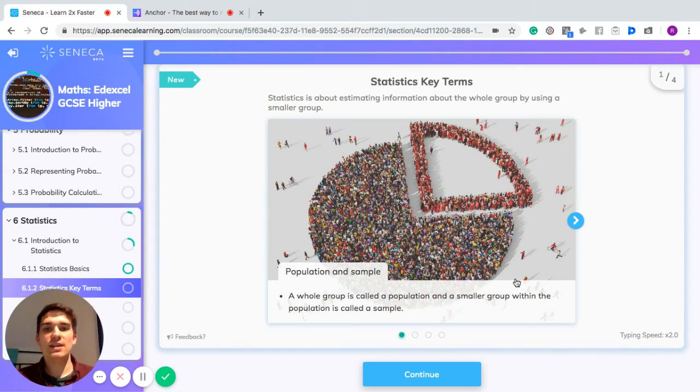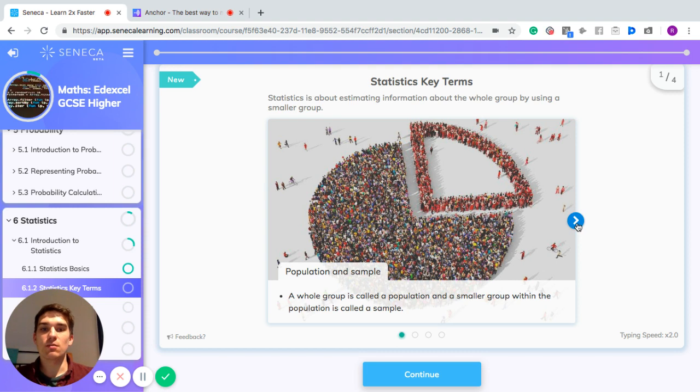Let's have a look at some key terms that you need to know about statistics. Statistics is about estimating information about the whole group of data you have using a smaller group. The first two words are population and sample. The whole group that we've got of data is called a population, and a smaller group within the population